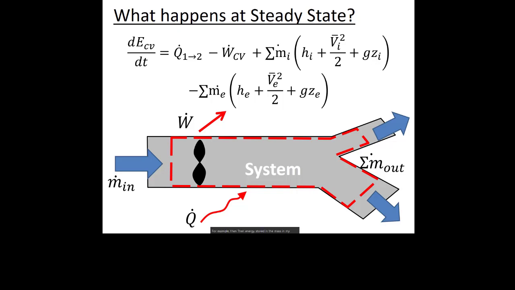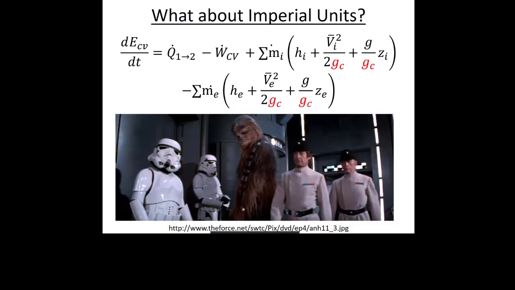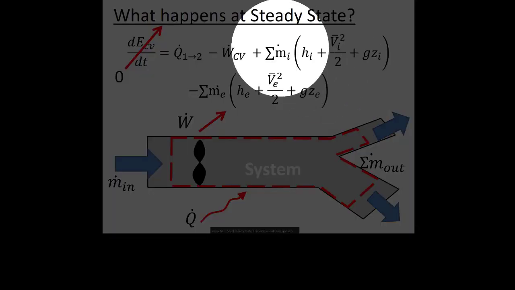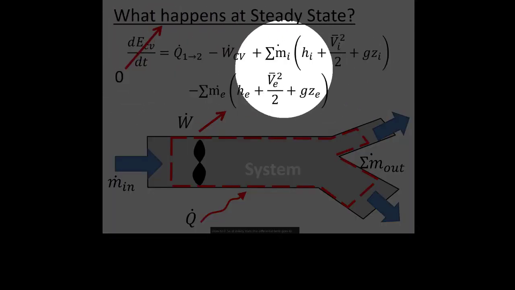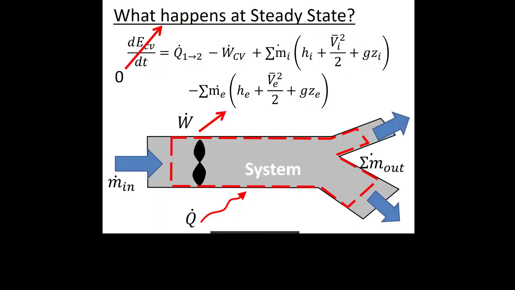So if this is at steady state, what we do with steady state is any term that's d something by dt goes to 0. So at steady state, this differential term goes to 0, and we're left with this equation, but there's 0 on the left-hand side. And again, in this Introduction to Thermodynamics class for mechanical engineers, we're always going to be talking about steady state. This equation is specific to the metric system.